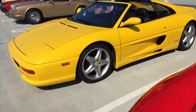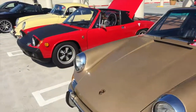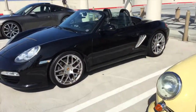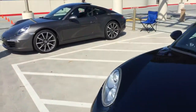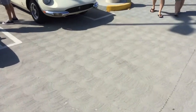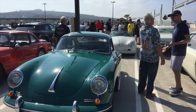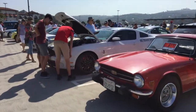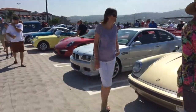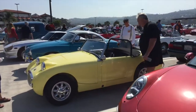Another Porsche, old Ferrari sitting there, and then there's some beautiful old classics, old 911, and then a 914, a little 356, I think it is, and then another couple of 911s there. Okay, so swinging around on the other side, we've got this beautiful old Ferrari. We've actually had it as car of the week previously. Great looking car. And then another really gorgeous old Porsche, Triumph, a Mustang, Porsche, BMW M3, Porsche. Beautiful little